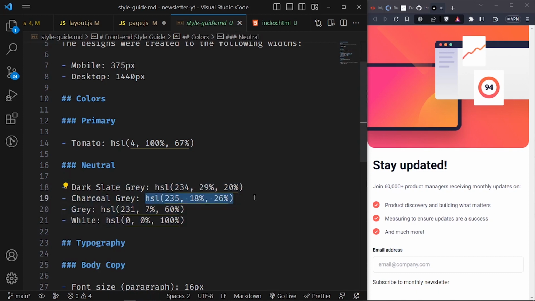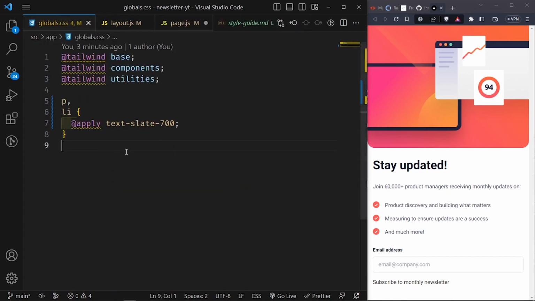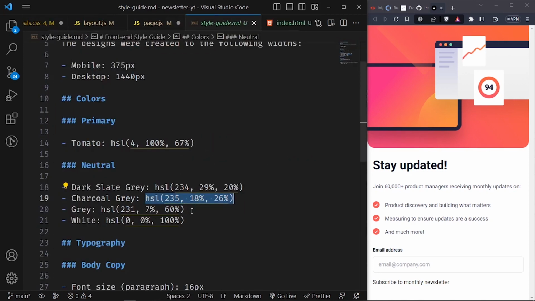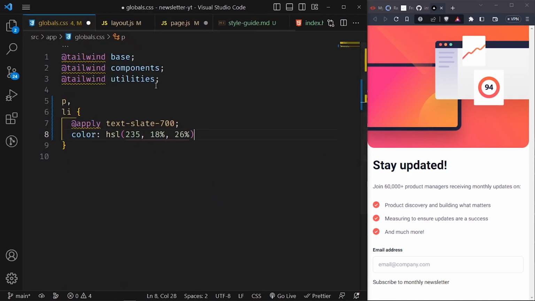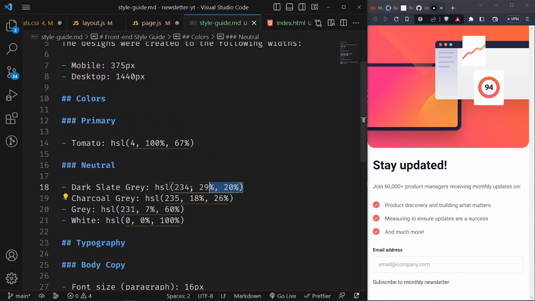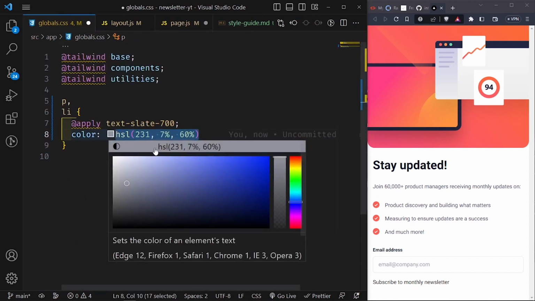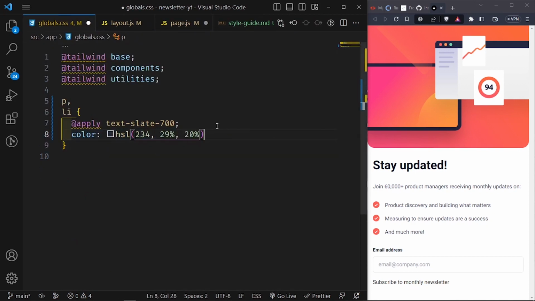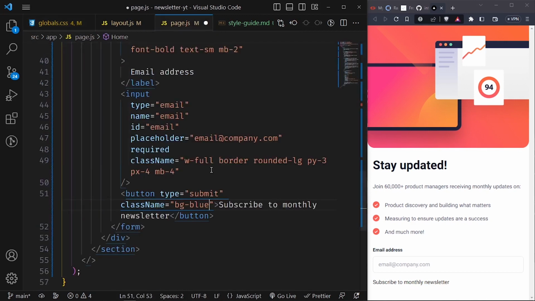Okay, let's test this out. Let's see what color this is. Instead of CSS, let's say color and then paste this. What color is this? No, that is not the correct one. Copy this and replace it here. Is that the correct one? No. Dark slate gray. Copy this. Is this the correct one? Dark slate gray. Okay, so for that, what we're going to do is we're just going to use the tailwind